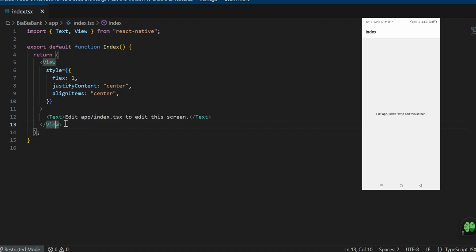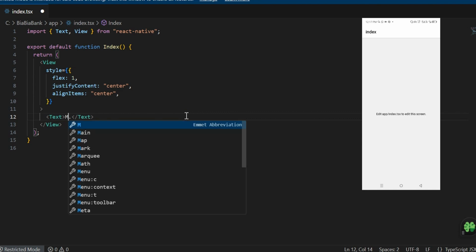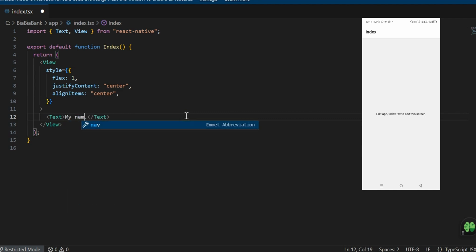Now there are some other times that you will not be required to close a component, depending on what kind of component you're using, but most of them you have to close if you open it. Now this text, remember I told you that we use text to display text in React Native. You can see this text appearing in our app here. If we delete it, let's delete it and put something there. Let's say my name is